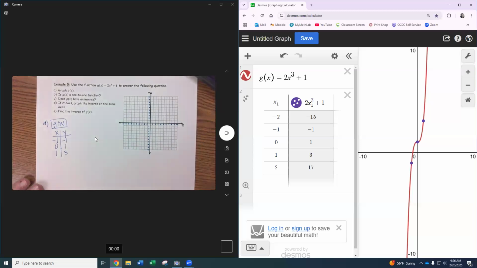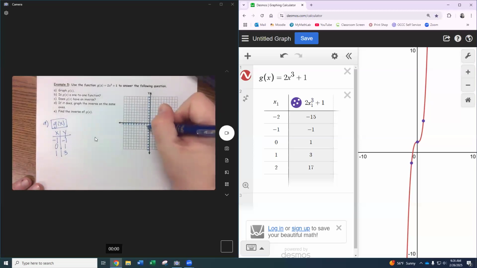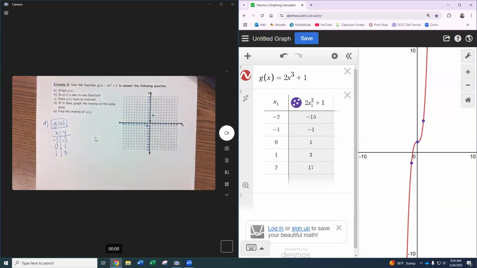Okay, so those are the points I'm going to plot. Now, if I could fit more than 3, I'd probably want to do more than 3, but that's kind of all I can fit. Now, be careful, because I could technically draw a straight line through it, but